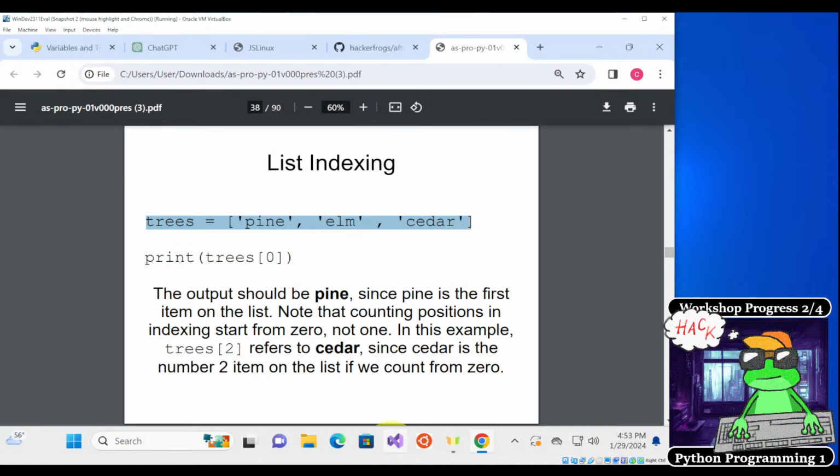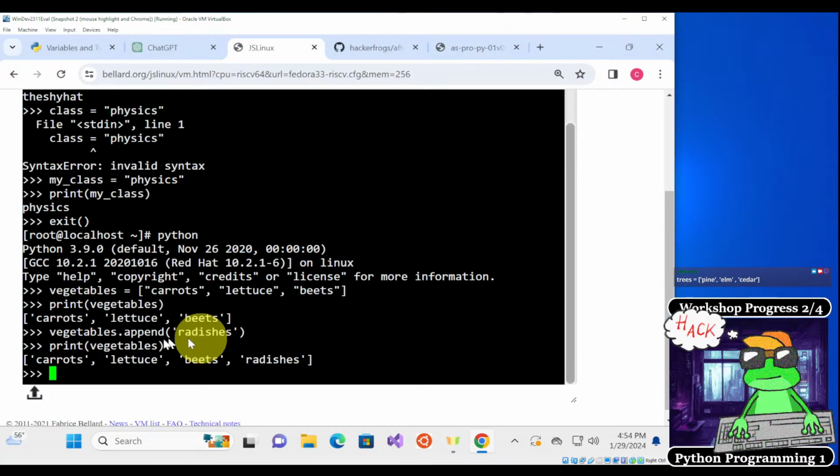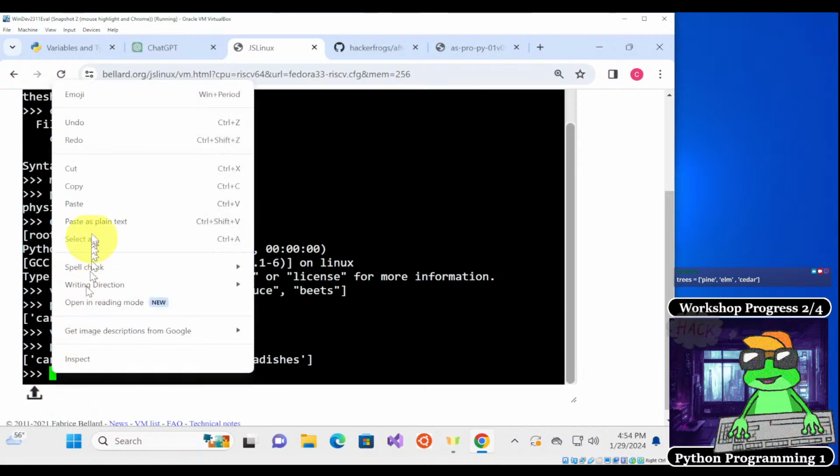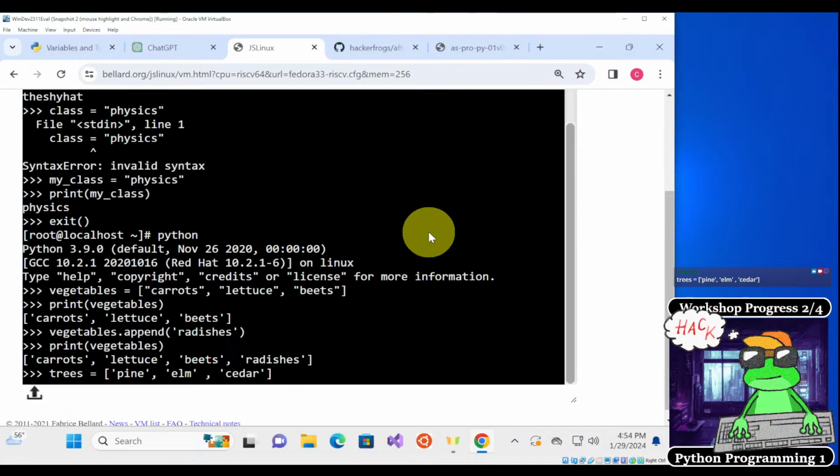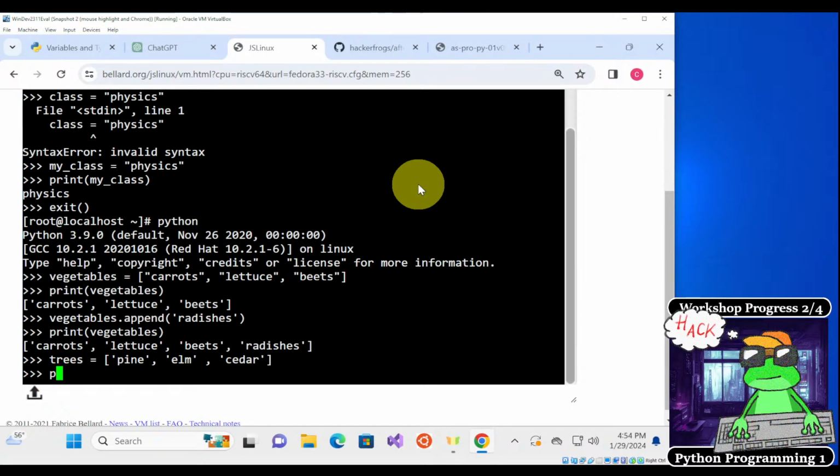So we've got these trees. I'll paste this into the chat so we can play around. Let me copy this as well. So in our JS Linux, we can paste this in. Okay, and then say we want to print elm.